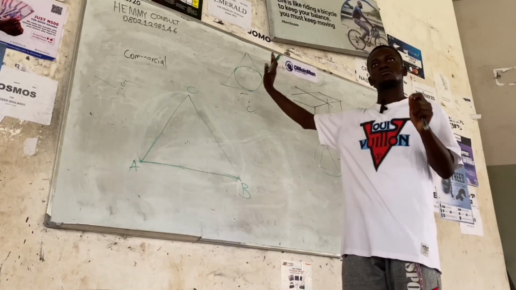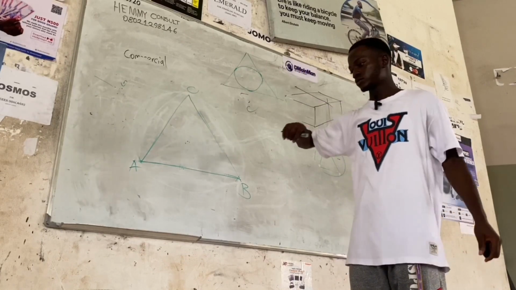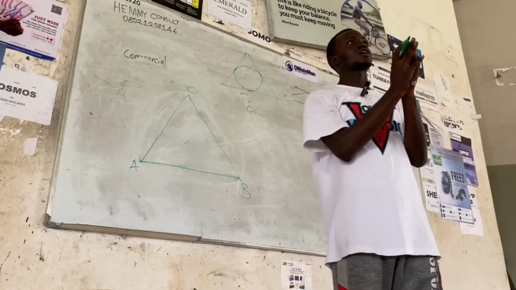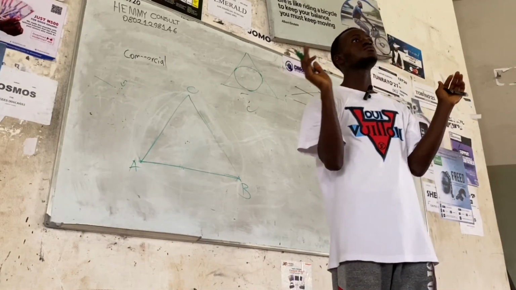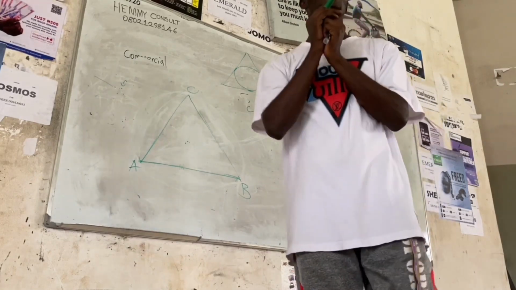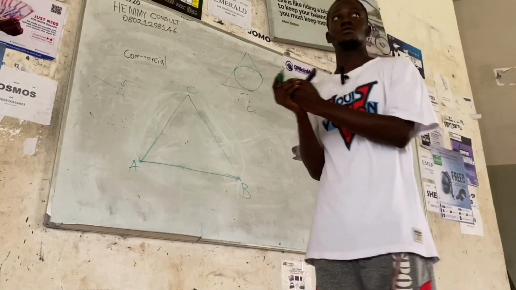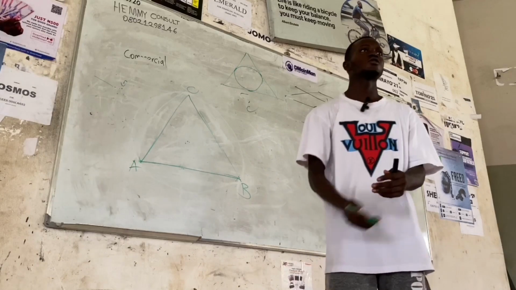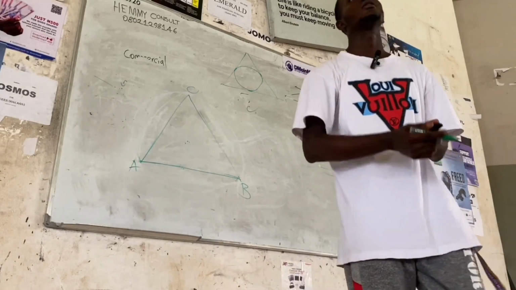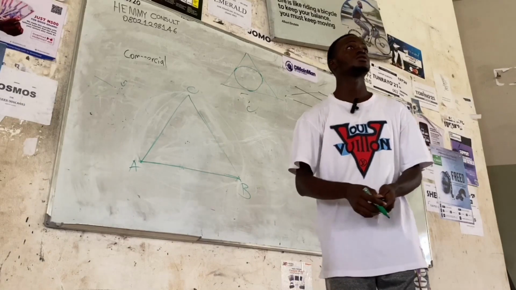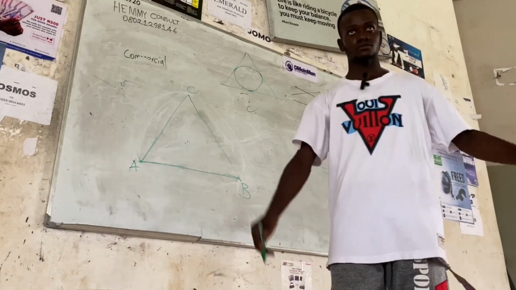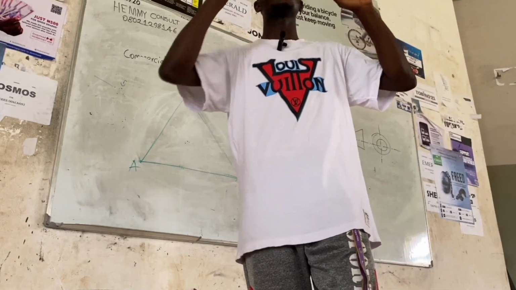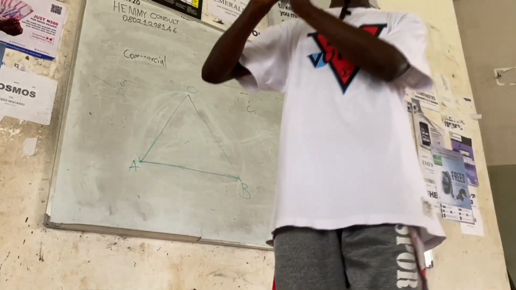So for us to construct something like this, what we are going to do is that we bisect any two angles, and that's why I taught us how to bisect an angle before we actually started this. All right, so which angle do you want us to bisect? C and B. Someone said C and B. So at any convenient radius, while ensuring that it's not too big and not too small,